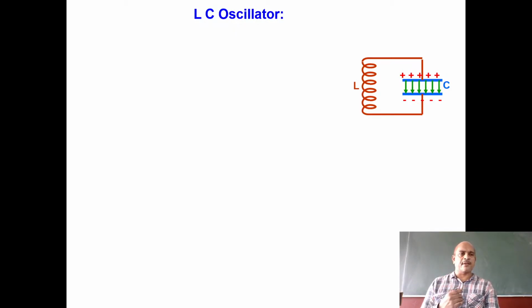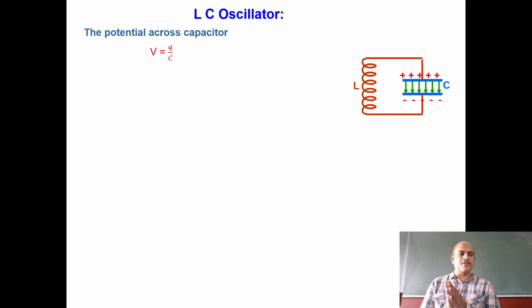So the capacitor gets charged. One plate of the capacitor gets positive charge, the second plate gets negative charge. It can act as a battery also, but it cannot provide continuous potential. It gets discharged because it is connected with an inductor. So the electrical energy will be converted into magnetic energy. Now we can say these two elements are connected in parallel, so their potential remains the same.